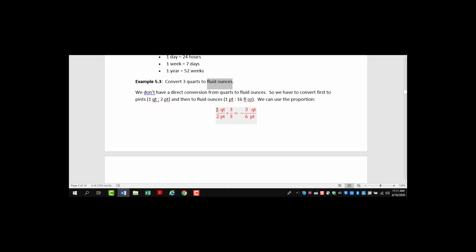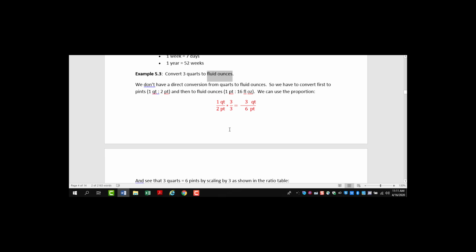So first we're going to go from quarts. 1 quart is 2 pints, multiplied by 3/3, and we get 3 quarts is the same as 6 pints. Notice the similarity to fractions. It's striking. This is just really equivalent fractions. So okay, we made our first conversion. We went from quarts to pints. Now we're going to go